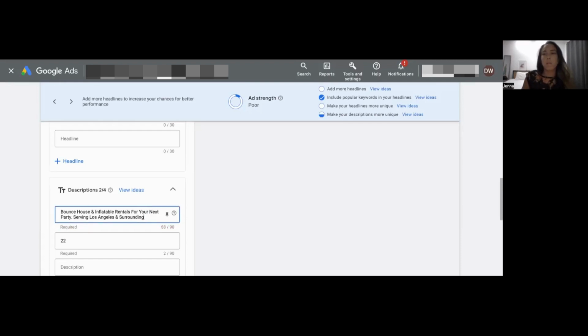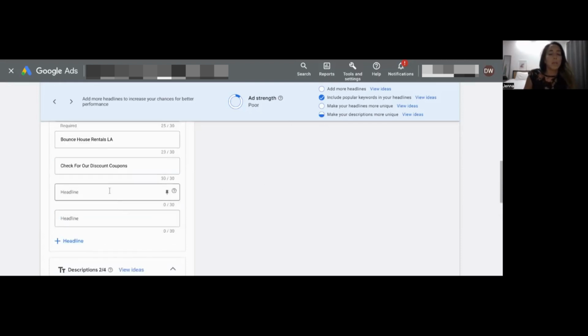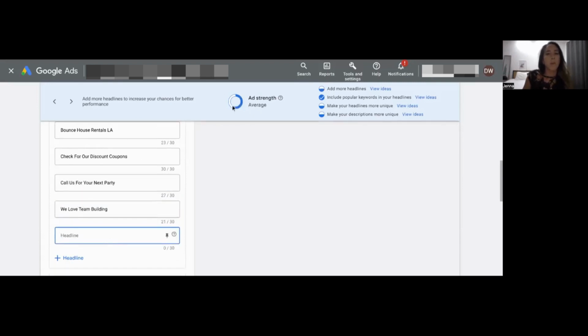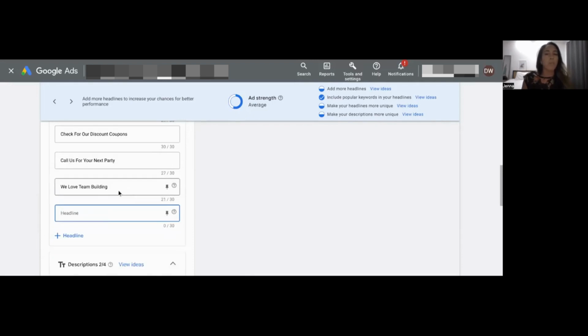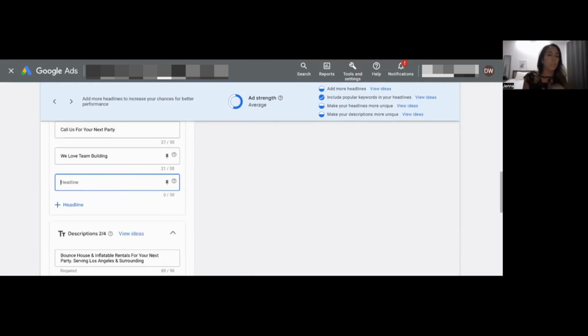Okay, let's see what else we want. That's a good one. We'll add more headlines. Oh, why is it not? Oh, there we go. Okay, so you can see that it went from poor up to average just by adding more headlines. Yep. So you'll want to kind of play around with this, and as you're adding or changing things,